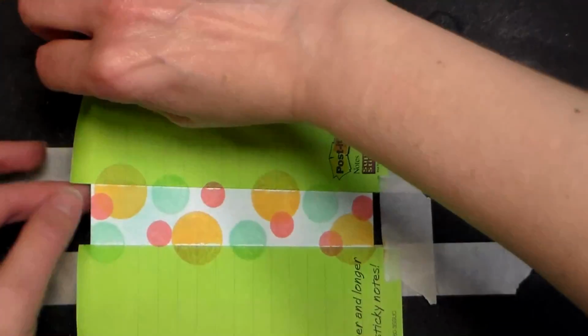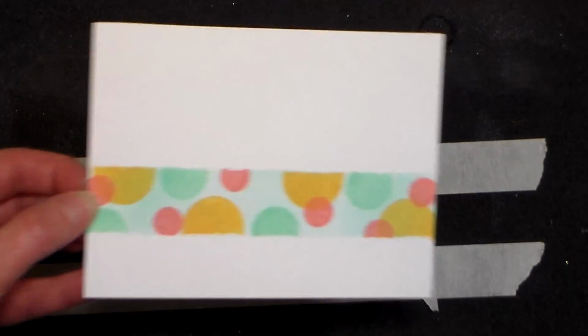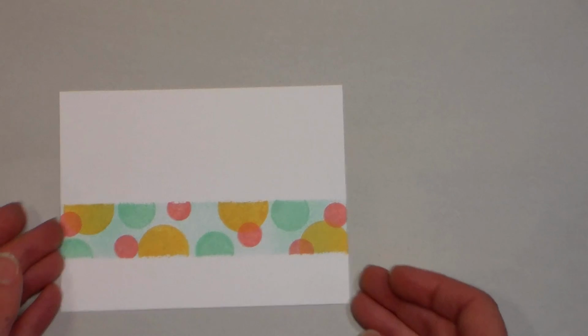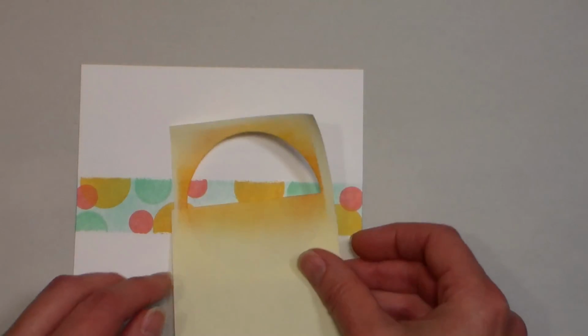Now I can remove the post-it notes and see what we have underneath. Now you've got this beautiful band of kind of polka dot pattern. So now I'm going to put a piece of scrap paper down, and we are going to do some more inking. And I have die cut a circle from a post-it note here, and I'm just going to set that,